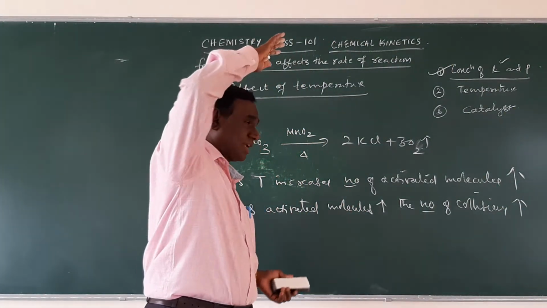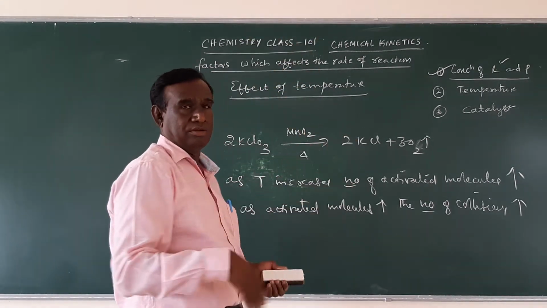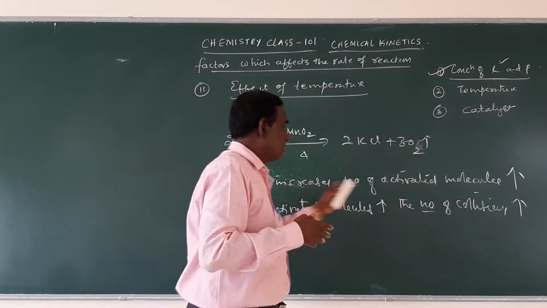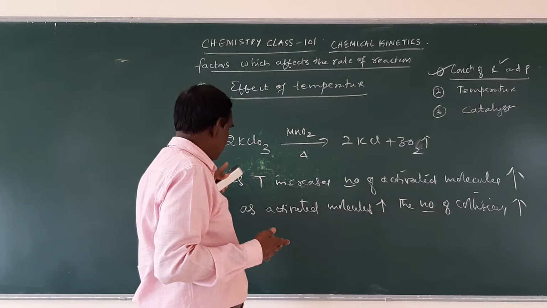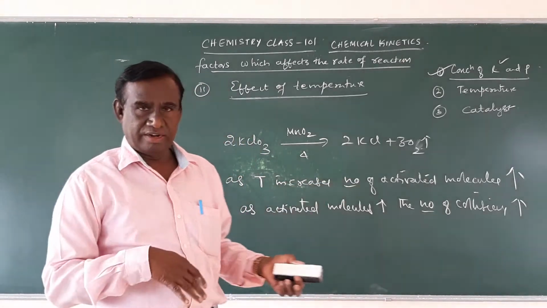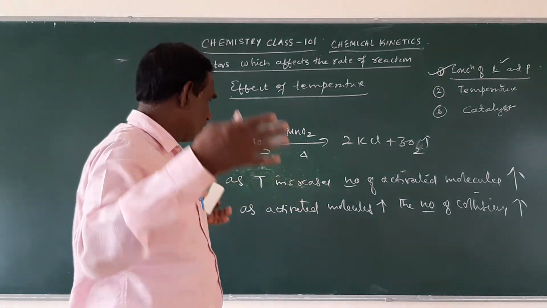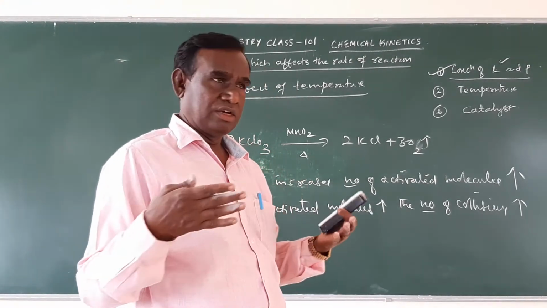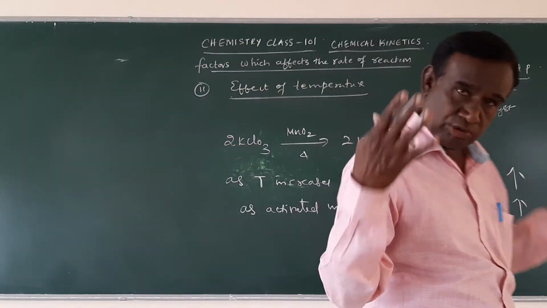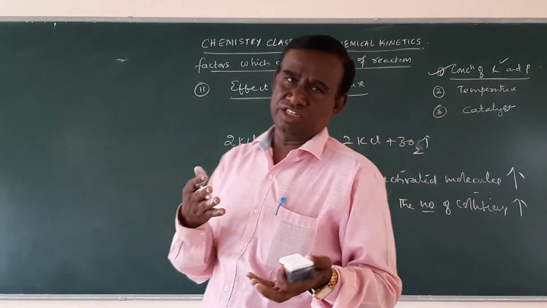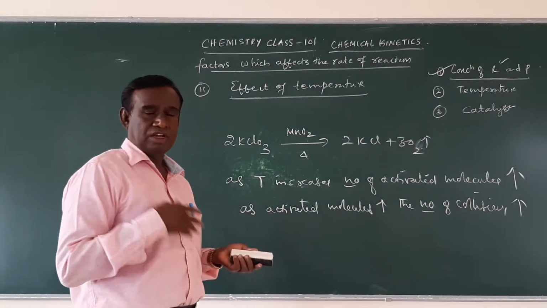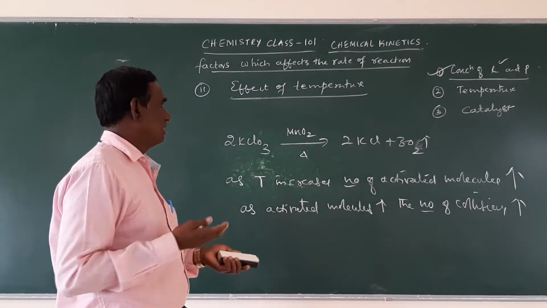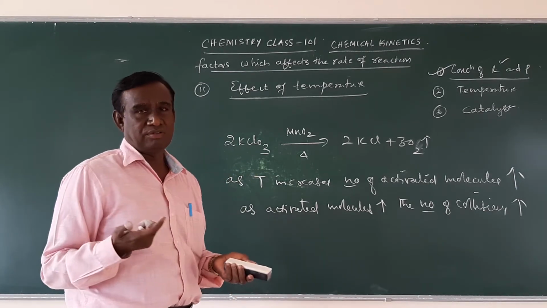So the chemical reaction takes place fast and vigorously. Therefore, the rate of a chemical reaction increases with the number of collisions. As the temperature increases, molecules absorb energy and become activated molecules. These activated molecules collide with each other. As the number of activated molecules increases, the number of collisions also increases, because collisions take place between the activated molecules only. Those are called effective collisions. Therefore, as the temperature increases, the rate of chemical reaction also increases. That is how we can explain the temperature dependency of the rate of chemical reactions.